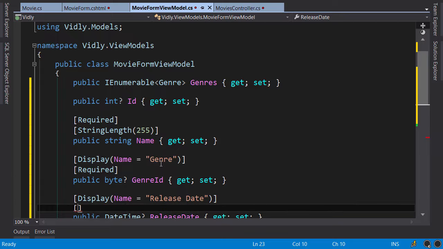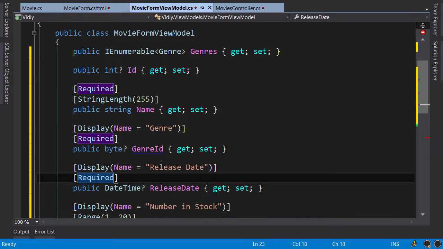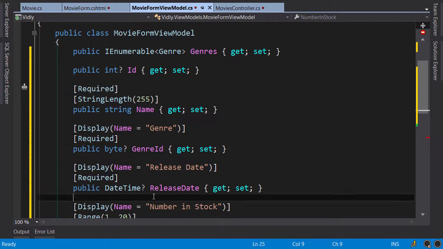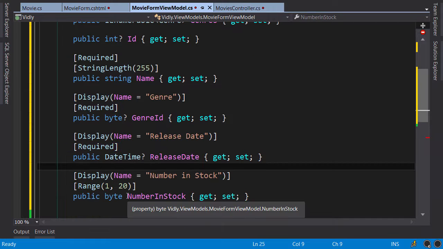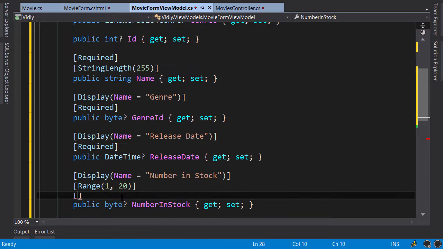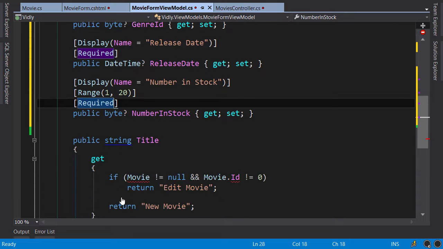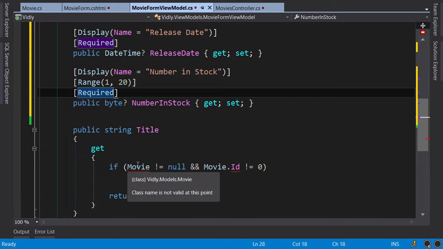And we should also apply the required attribute here because all our properties are required. Now, I didn't have to apply this attribute for genre ID or name because they already have the attribute. Next, number in stock should be nullable byte and required. That's it. We just have one error here, and that's in the title because we don't have this movie property